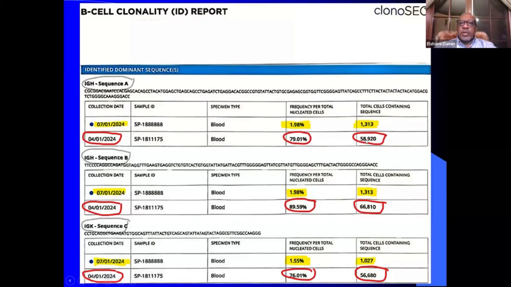This has 58,000 cells. After 2 cycles, it drops to 1,000. So if I keep repeating it, hopefully it could reach an MRD of 1 cell in 10,000. Yeah. So in this patient we found 3 sequences,